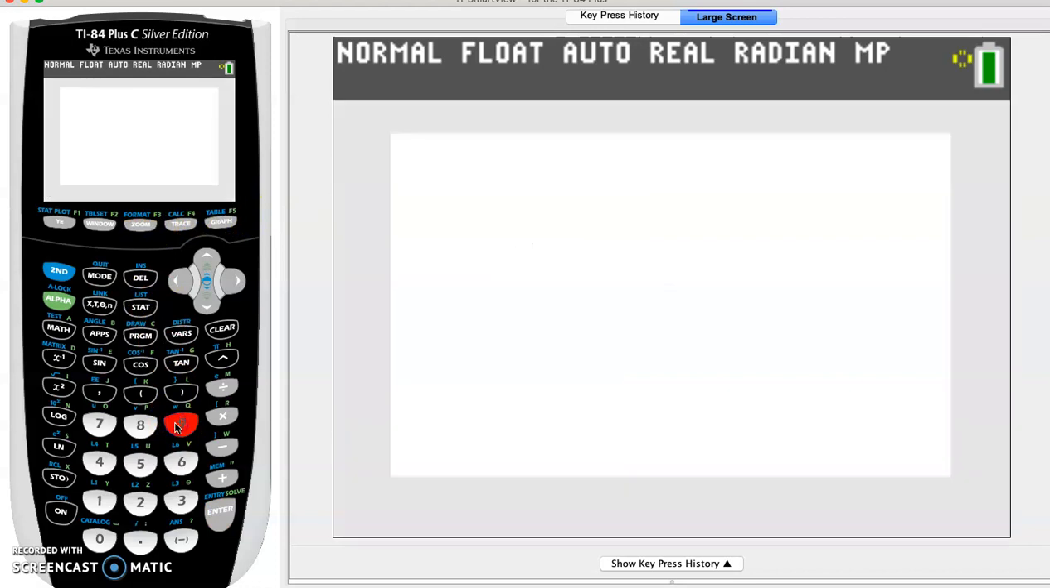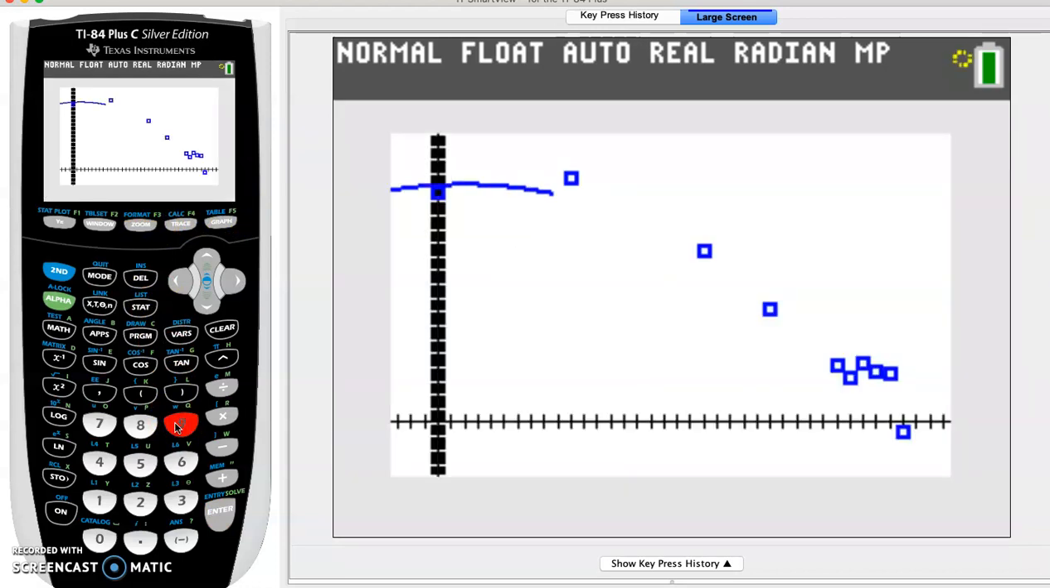Zoom 9, and we can see how close our parabola that is created actually fits here. So that's looking pretty awesome. You can then use this to make a prediction. So if we wanted to